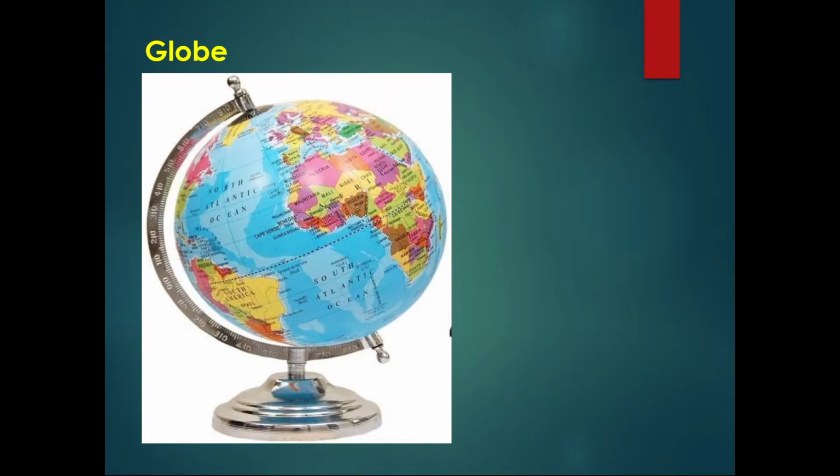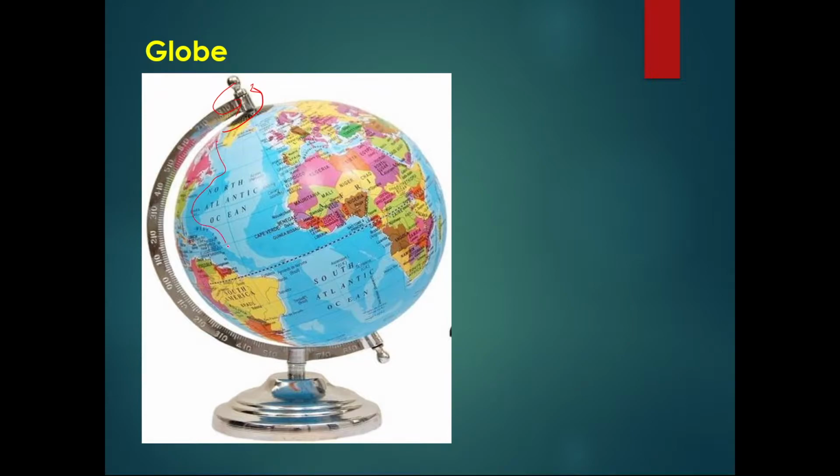So this is the globe. We have learned in the previous chapter that earth has a geoid shape, which is flattened at the north and south pole and bulges in the middle. So the globe is a true model, so earth looks like a globe. You can also rotate the globe in this manner, or like this. And you can see on the globe the continents and the oceans.